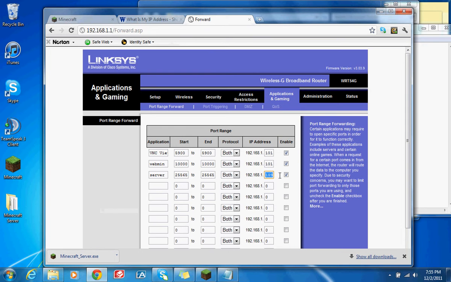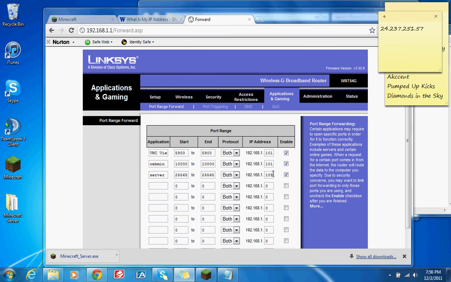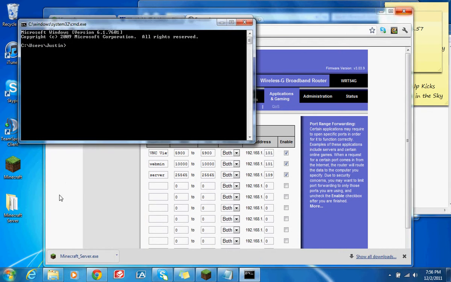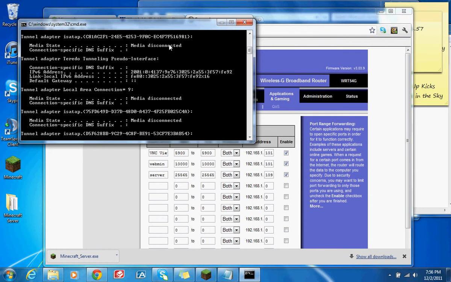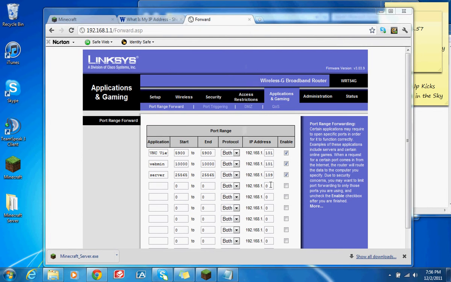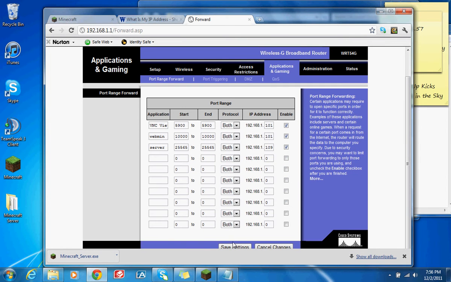And then IP, the IP address of your computer, the local one, not this one, your local IP address, which can be found by going into command prompt and doing ipconfig, and then right here, that's my default gateway, and that is my computer's IP address right there. So I put that in, and then check the enable box, save settings,